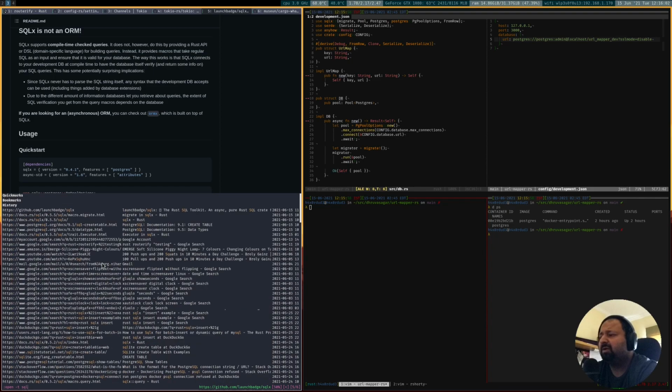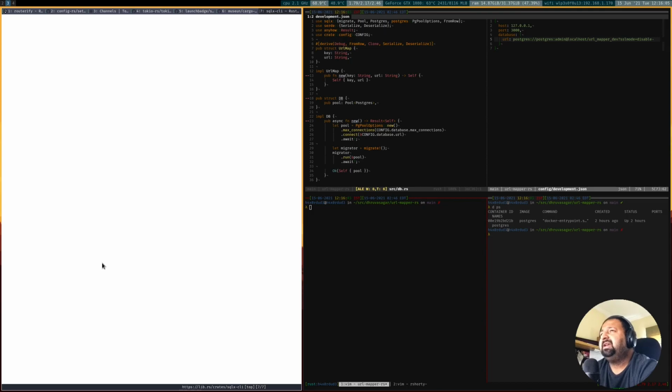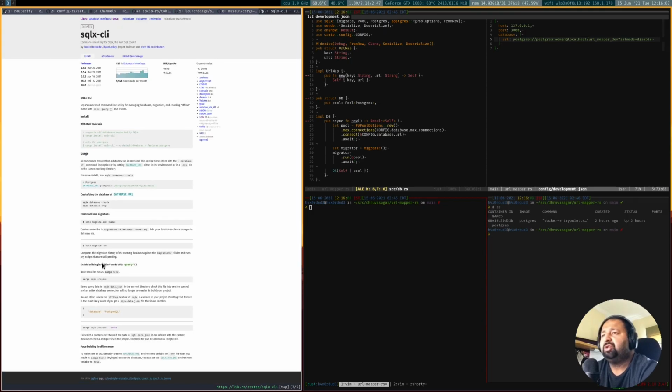SQLX also has a CLI application which you can install, and I have installed. The nice thing about this is it gives you the ability to do a bunch of things, like creating a migration, running a migration. Although running a migration we don't have to do because we're using the migrator API to run them as our application boots up.